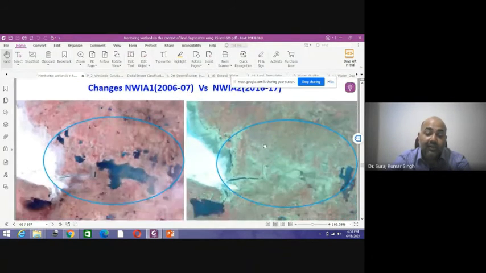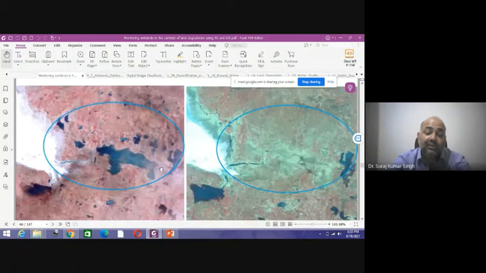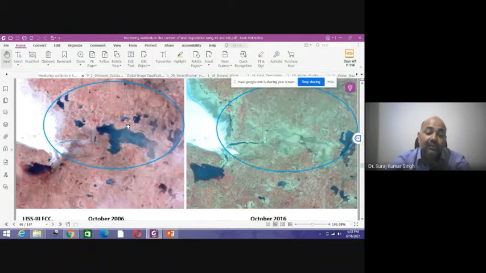So the same way you can see this is a negative change, where previously in 2006 a large part of land was covered with a water body, but now the entire area has no water in it. So that is a negative change. We have to see why this kind of feature has been created in that area, and that is because of mismanagement of the water. So we will be sending the field photograph and the GPS location to the concerned field officer who is working in the field of agriculture, land use, soil planning, and we'll be saying please go and see what the condition is and why it happened, whether it is natural or man-made.